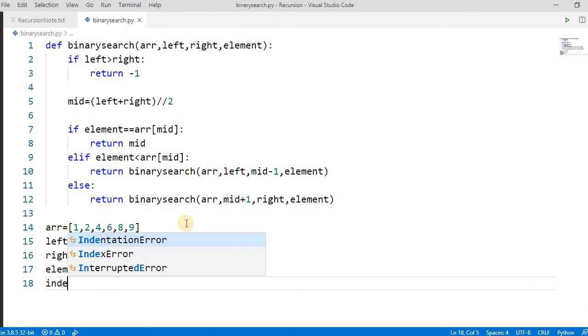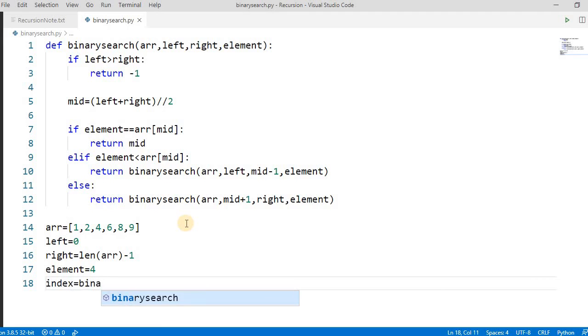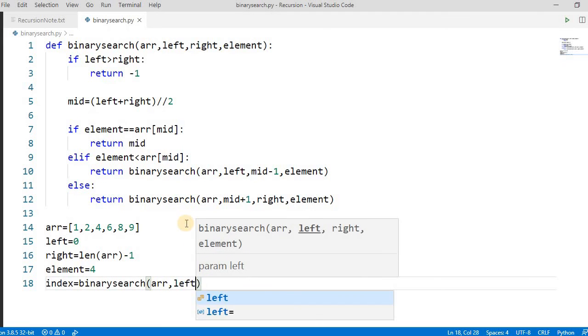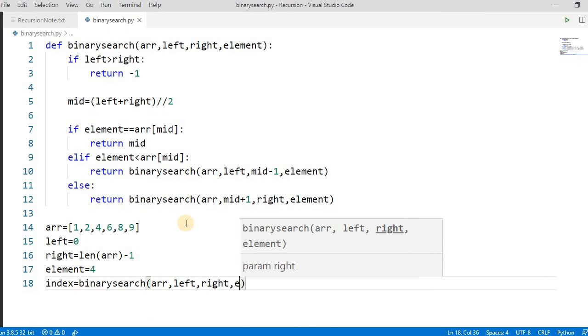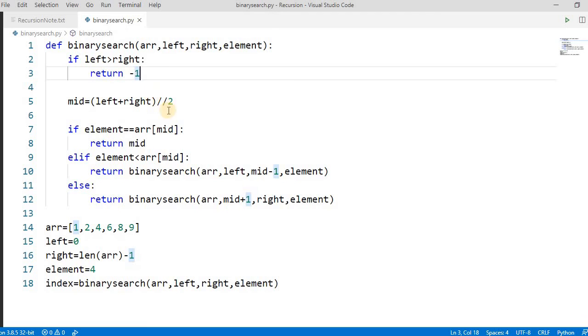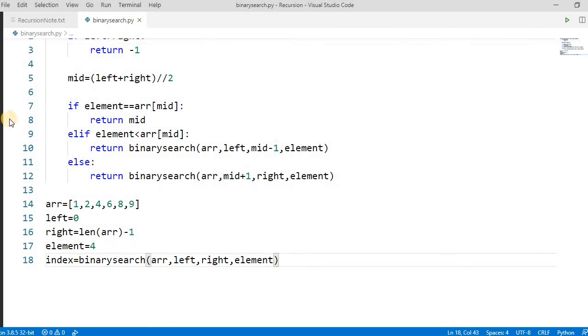We will call binary search and find the index. We have to pass the array, left, right, and the element. If it returns minus 1, it means that the element is not found. Otherwise it will return the element index, right?